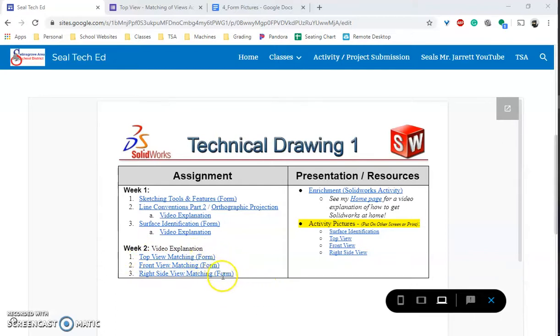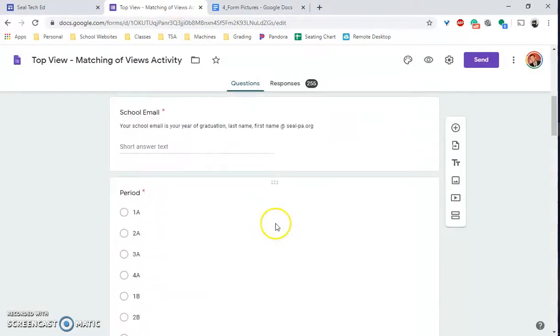So each one of them is separate. I have their actual pictures over here. If you have a second screen, it's very helpful to open these up because you can zoom in. Or if you have a printer at home, you can print these. But I'm going to take you through the top view one first because the others are the exact same setup. So if you click on the top view, it'll open up a Google form